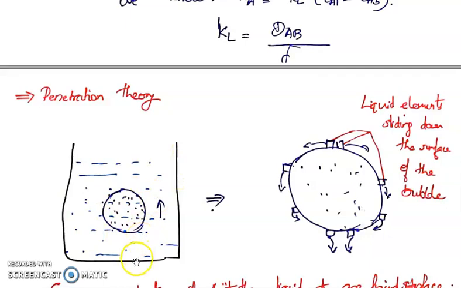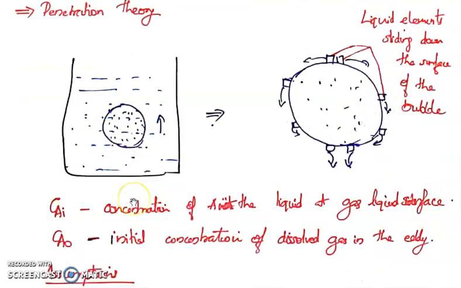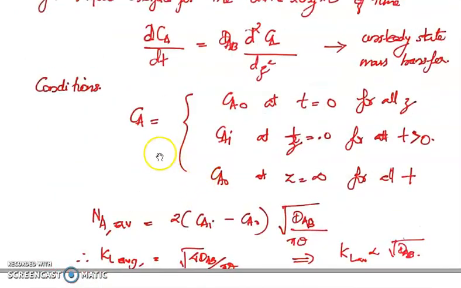And also it should be noted that the gas bubble is moving from a location Z equal to 0, that is the bottom of the liquid region, to the top of the liquid, that is at Z equal to some distance. So the bubble is constantly moving upwards, and also the molecules of A inside the bubble are diffusing into the liquid. So three conditions are required. We should know what is Z, we should know what is the time, we should also know what is the concentration of A at the interface and at the bulk. Okay, so let's try to figure that out.